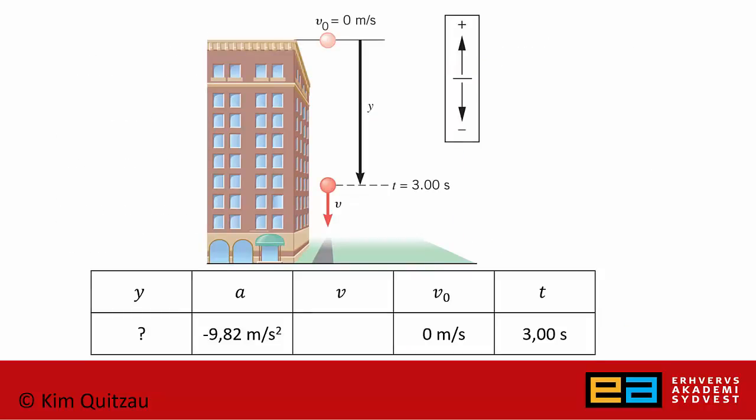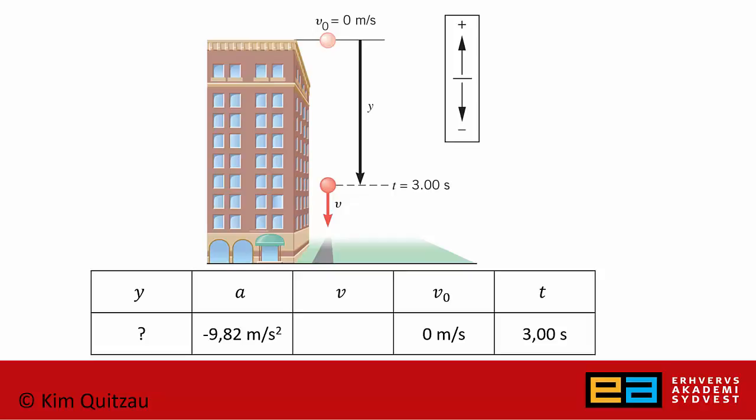And we can write up our variables: our displacement, y, that's the question; our acceleration, minus 9.82 meters per second squared; our initial velocity, 0 meters per second; and our time, 3 seconds. So we have to choose an equation where we have those variables and where we can find our displacement. That's the fourth equation, that's called